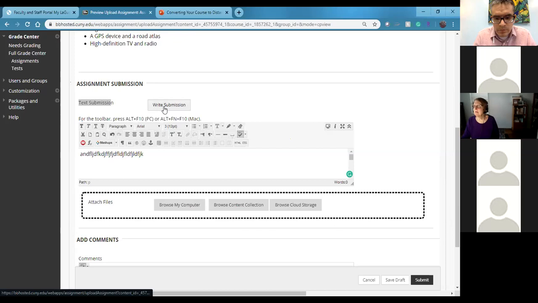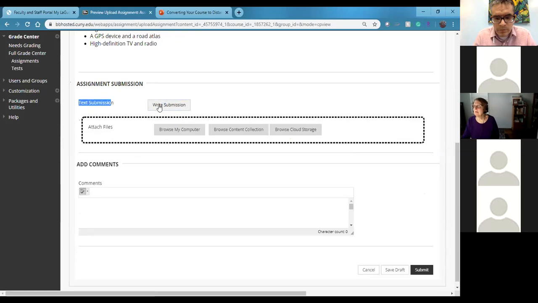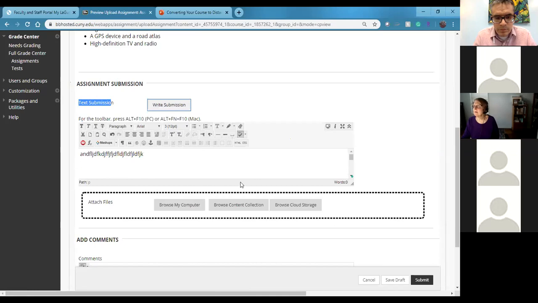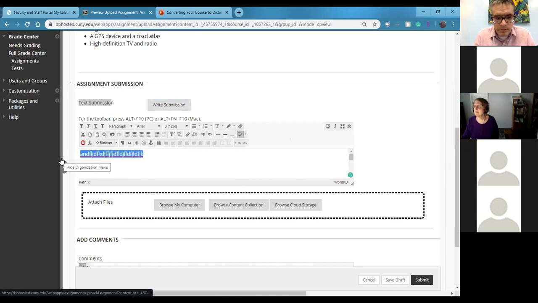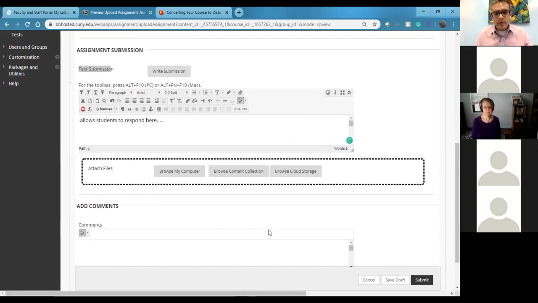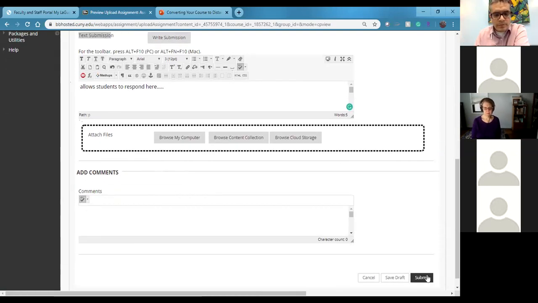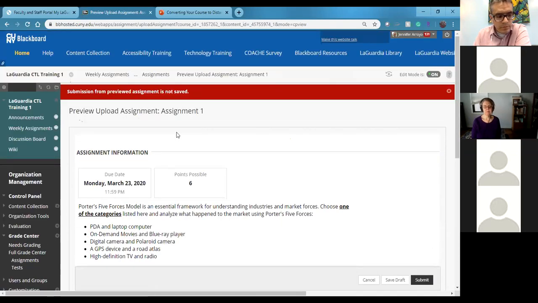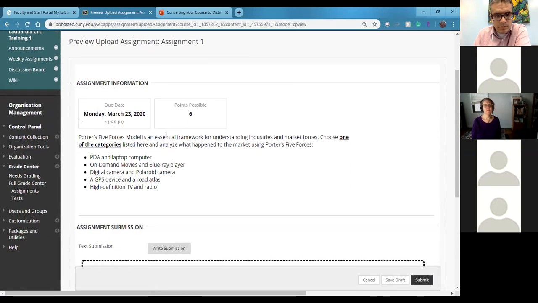So you see how initially there was nothing here. And if I clicked on the right submission, this text box appears where it allows the students to type in. So it allows students to respond here, right? And you get each individual student. Once the student actually submits this, obviously I can't do it because I'm not a student, but